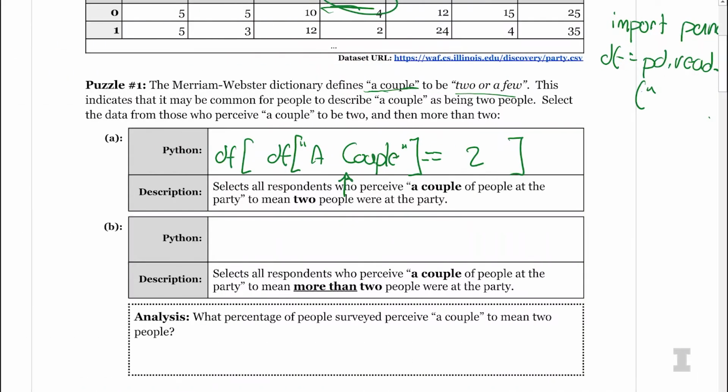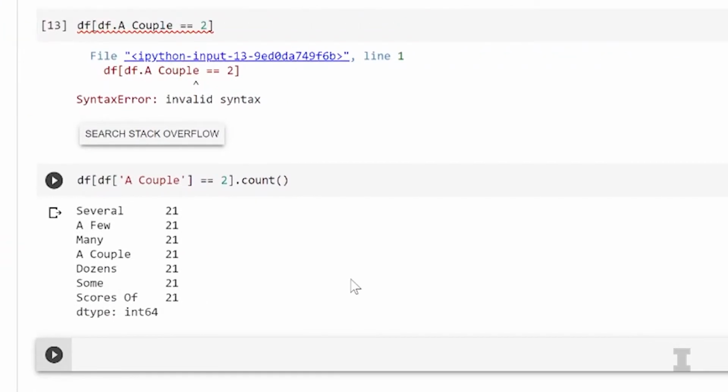Awesome. So we have 21 different rows. And to get that count of 21 rows, one thing you can do is use the .count function. So in this entire data set, at the very end, if you write .count, we're going to count up how many different rows are present in each observation. So if you do .count, I'm going to guess you see how many different people responded to several, a few, many, a couple, and so forth. Is that what you see?